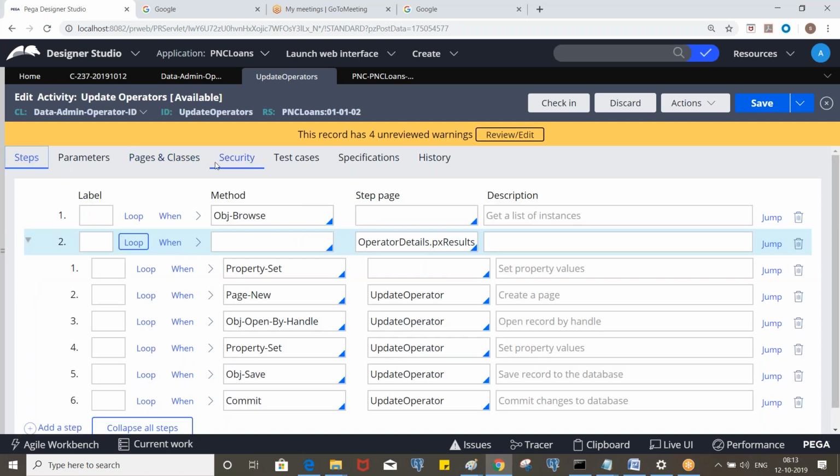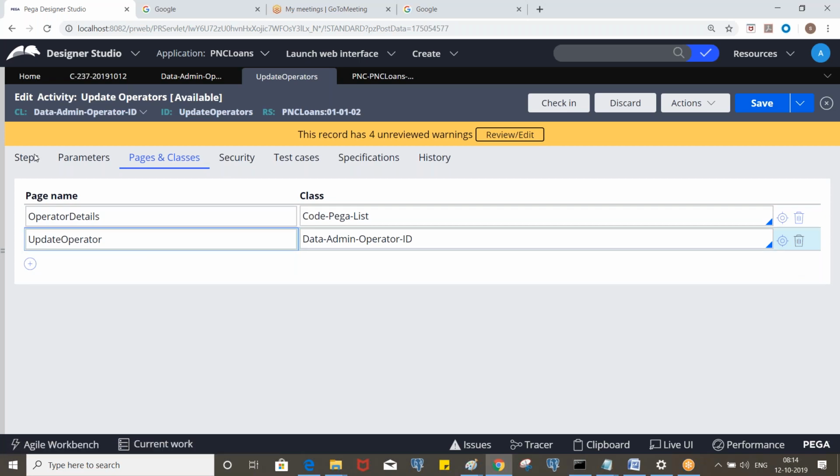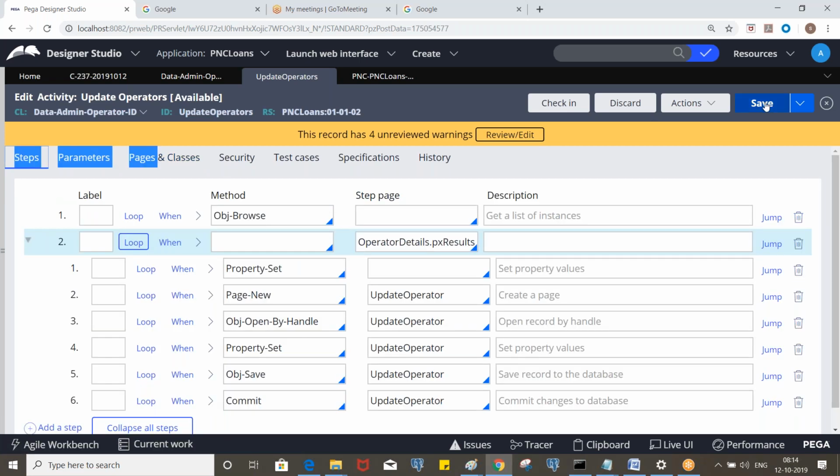So in the Code-Pega-List, if we have the pxResults, this should work. Let me remove this and see.